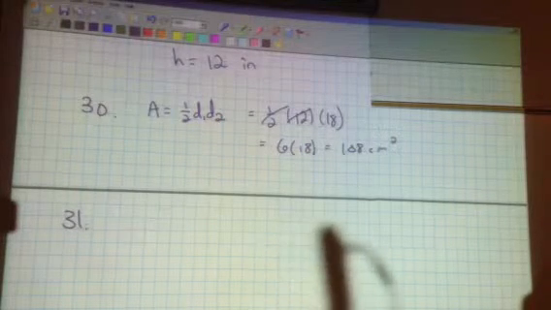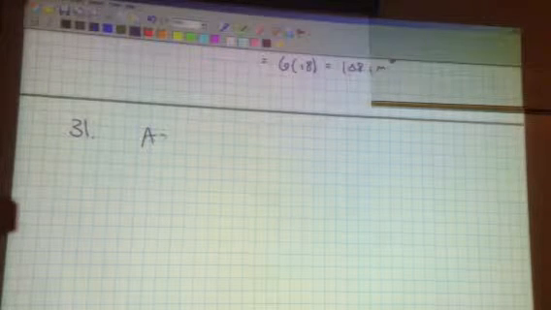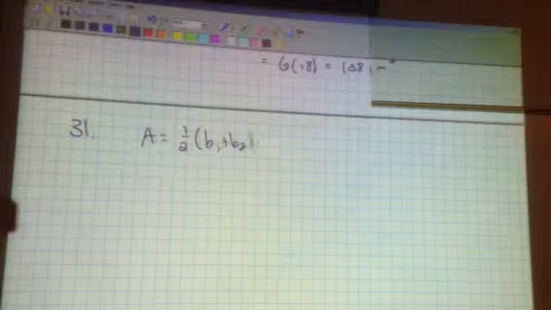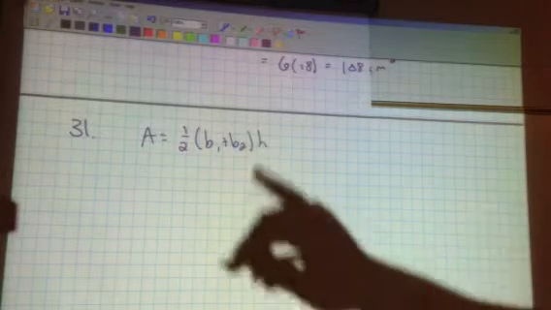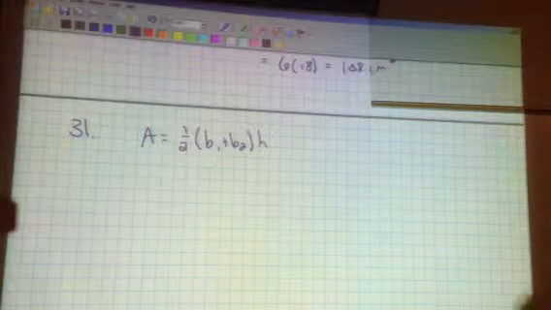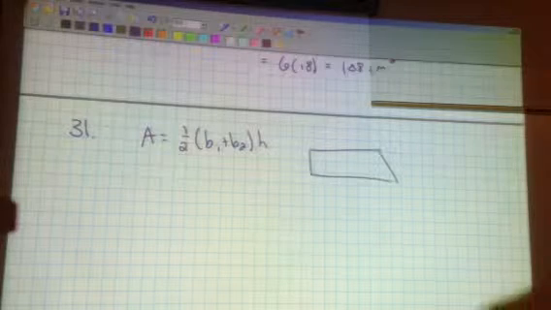31. What is the area of a trapezoid? So again, you want to reference your area formulas. This is the area of a trapezoid. The base is B1 and B2. That's the one set of parallel sides. So in your picture here,